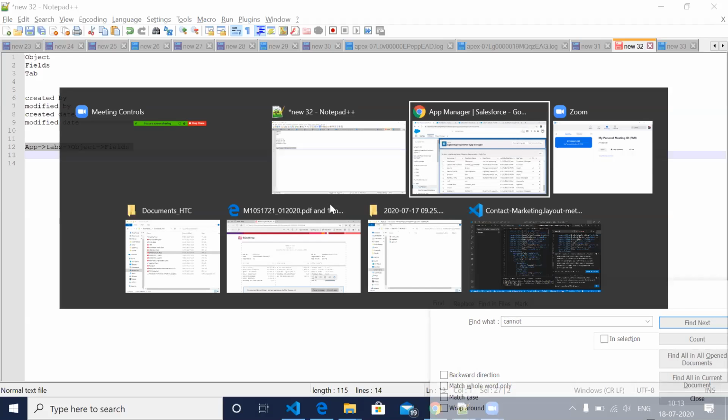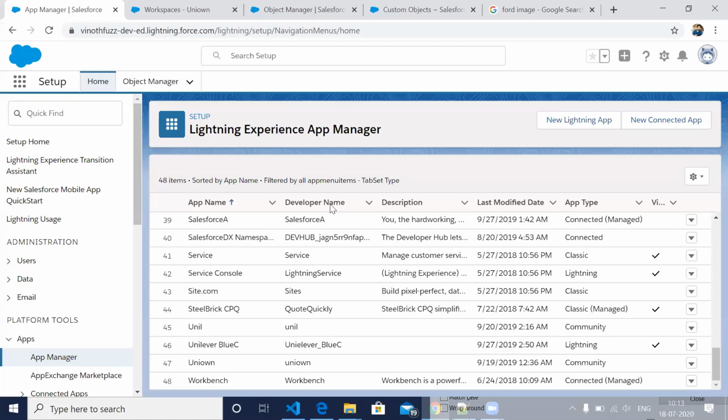So what we did before, I mean, I didn't get that. Actually, what happened is we were trying to create a new application. I have already created so many applications, so we have some limit in Salesforce. It's a developer edition, right? Demo edition. Yes, sir. So I cannot create more. I need to delete something.